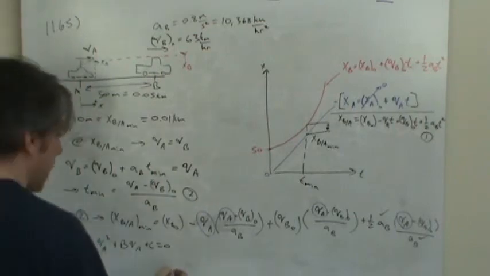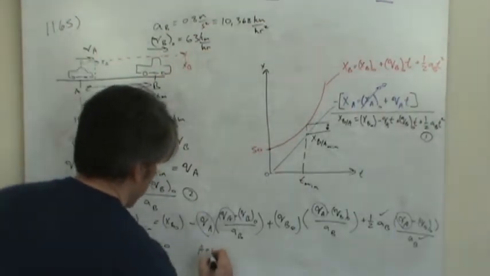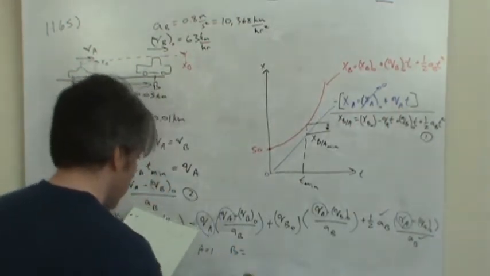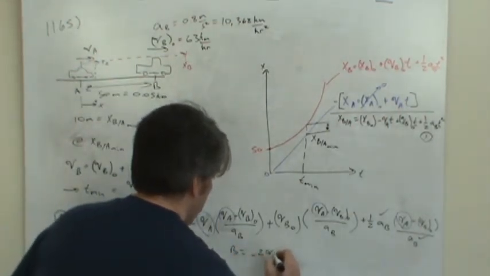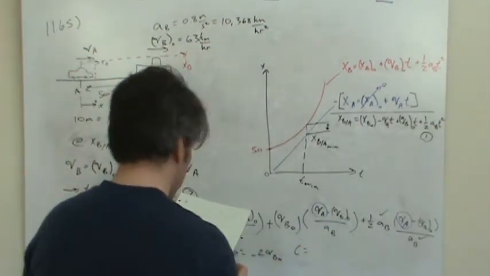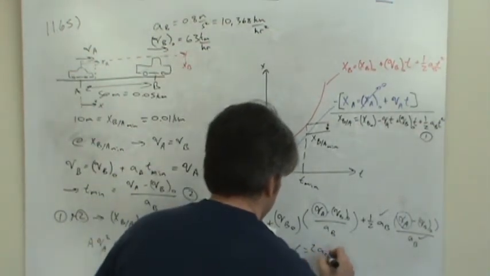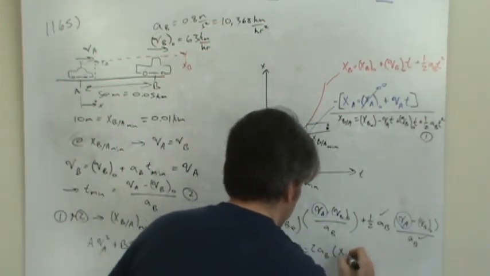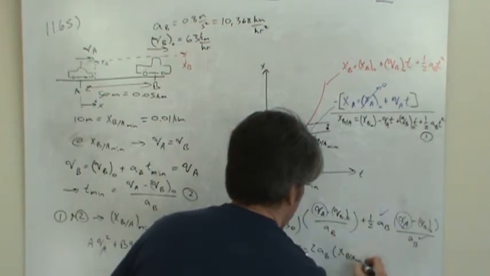Your coefficients A, B, and C, if you set A to a 1, you'll find that B should be -2 VB initial, and then C should be 2 times the acceleration of B times the position of B with respect to A minimum